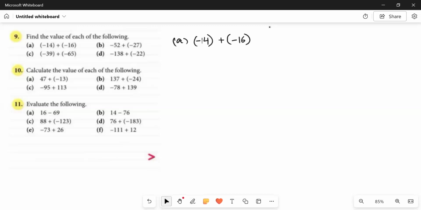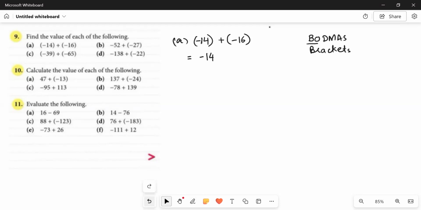So, when you are provided with an expression having brackets, all you need to do is just follow the BODMAS rule, where B stands for brackets. It means that when you are solving any expression and there are brackets and other operations involved, first of all, you have to remove the brackets. That is, solve the brackets and remove them. So if we have brackets right here with 14, it means that this bracket has nothing outside, so it is simply minus 14. But when it comes to minus 16, we have a sign positive outside and negative inside.